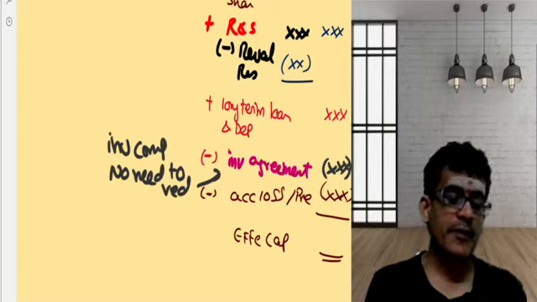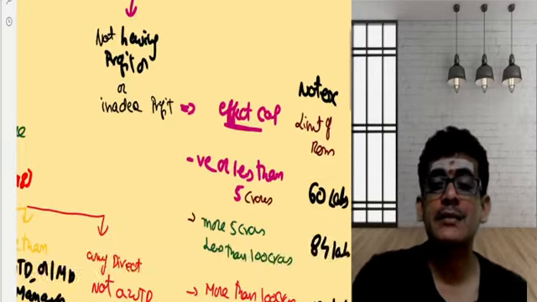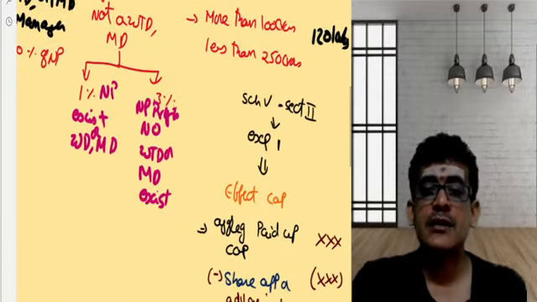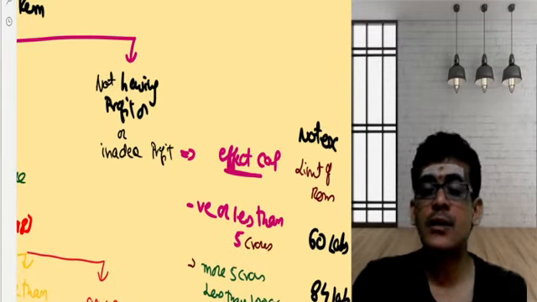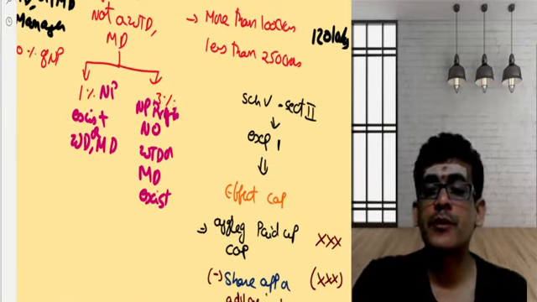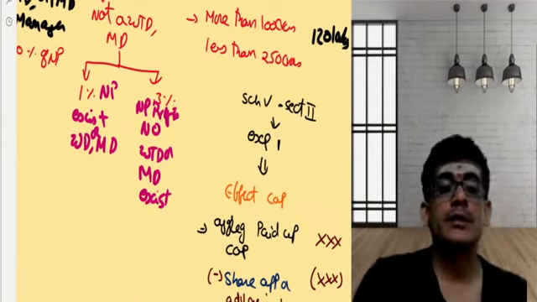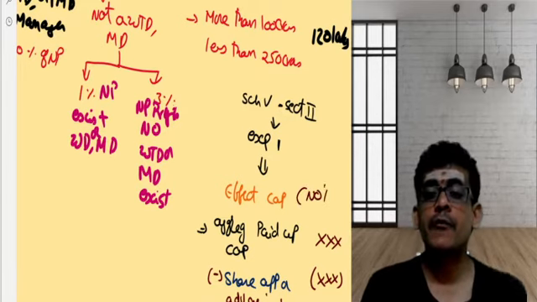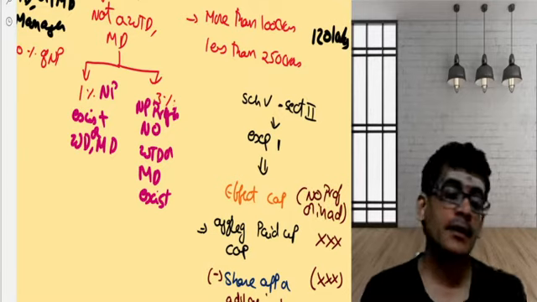So depending upon the effective capital, if your effective capital is negative or less than 5 crores, the managerial remuneration is going to be 60 lakhs. If it is more than 5 crores but less than 100 crores, it is going to be 84 lakhs. More than 100 but less than 250 crores, 120 lakhs. So depending upon that, when this will be calculated, if no profit or inadequate profit, then you will be calculating